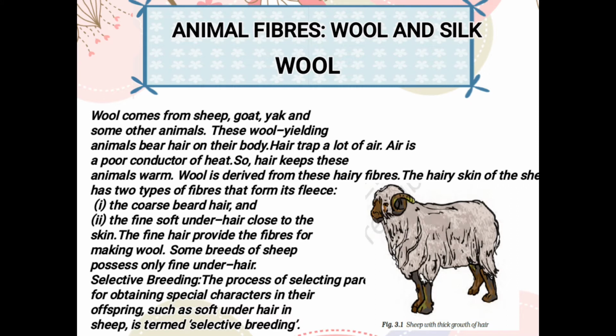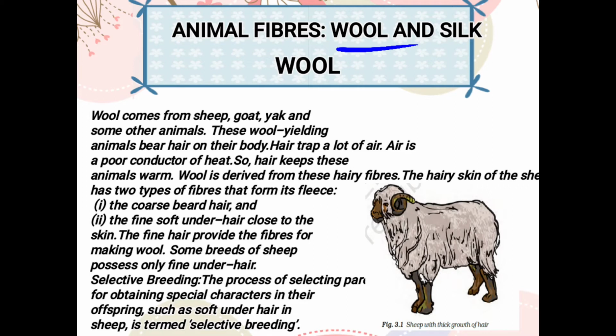Now the next kind of fiber that is obtained naturally is the animal fiber. Now, animal fibers are what? Fibers that we obtain from the animals. Likewise, the fibers that we obtain from animals are wool and silk. And wool, all of you know, right from childhood it is told to you that we get wool from the sheep. Fine. And silk we get from the silkworm. So these are the animal fibers. But animal fibers are proteins. They are protein based. They are protein by nature. So this is all about natural fiber.